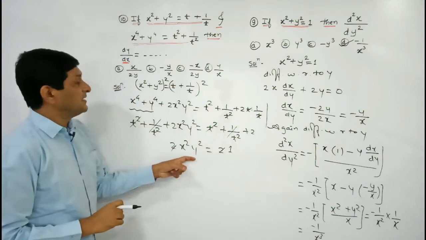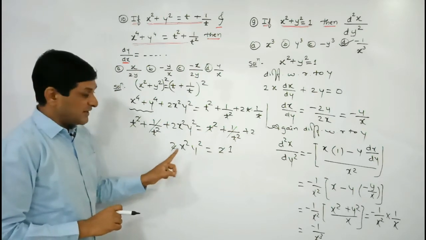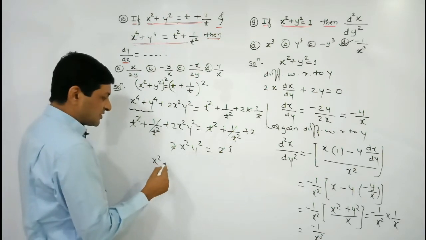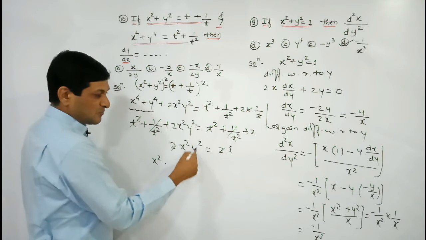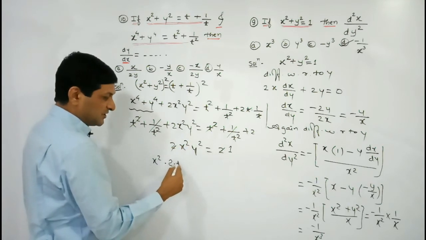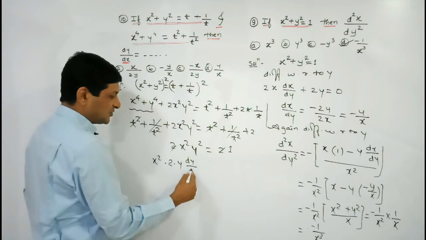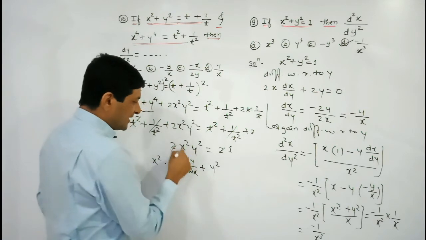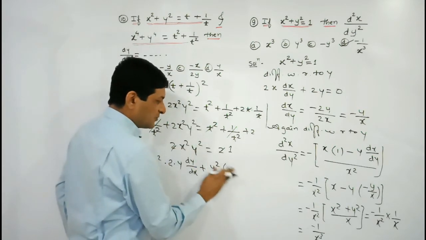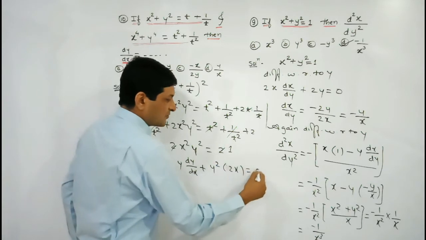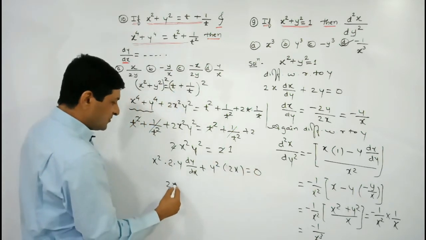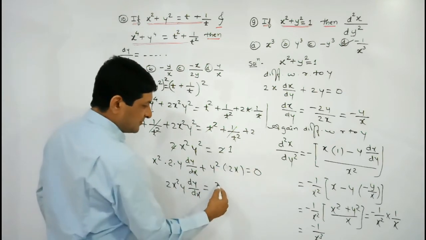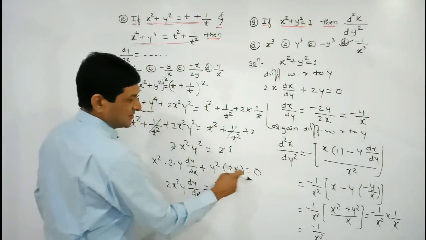Now we are finding its differentiation with respect to x. To find the derivative of this side we have to apply the product rule. According to the product rule, keep the first term as it is, times the derivative of the second term, meaning the derivative of y square. First take the power of y as a coefficient, decrease its power by 1, into the derivative of y, which is dy by dx. Then plus the second term as it is, times the derivative of the first term, meaning the derivative of x square, which equals 2x. On this side, the derivative of a constant term is 0. So 2x square y dy by dx will be equal to this plus term, which on this side will become minus 2x y square.